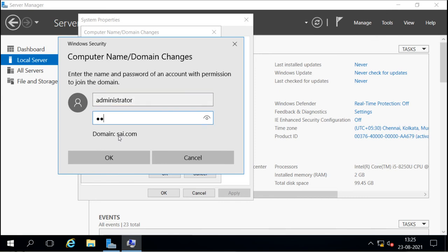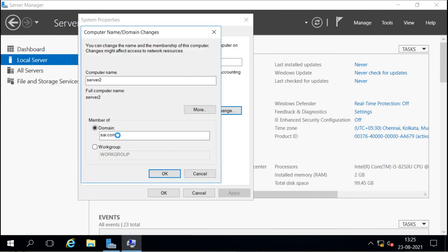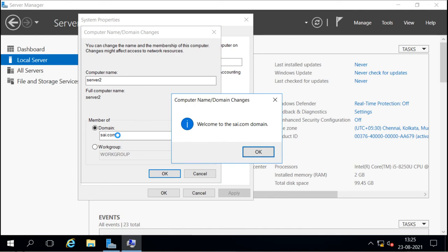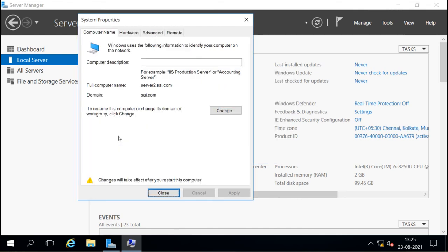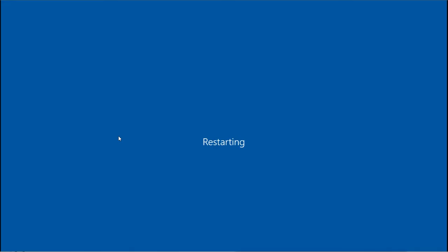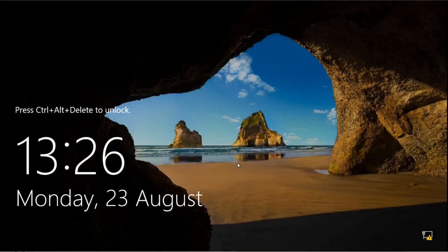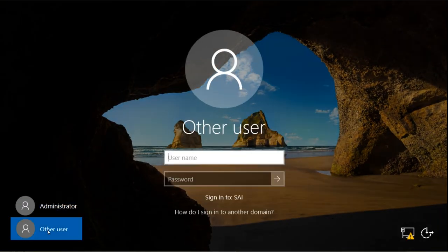Authenticated user account. Welcome to the domain, and you need to reboot. Okay, it has started, so I will log in as a domain admin.